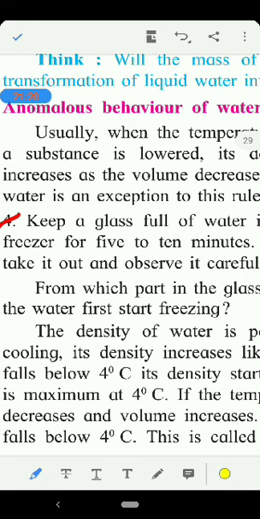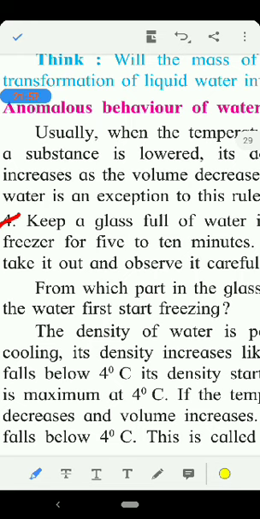When we do so, we found that wherever ice starts freezing, or when the water converts into ice, it starts accumulating on the top surface. We found that small particles of ice will be formed at the top of that glass and on the edges of the glass, not in the middle of it. It will start from the top and the edges, not in the middle.